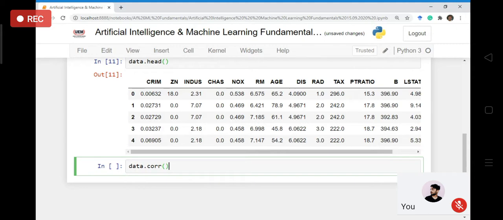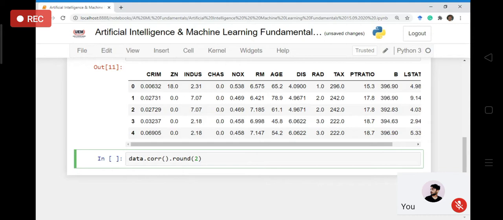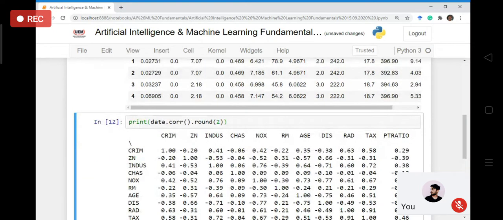And definitely that would be a floating point value, and there will be many digits after the decimal point. So perhaps I would like to round it off to maybe 2 digits. And you can just print this particular value directly to get the correlation value.